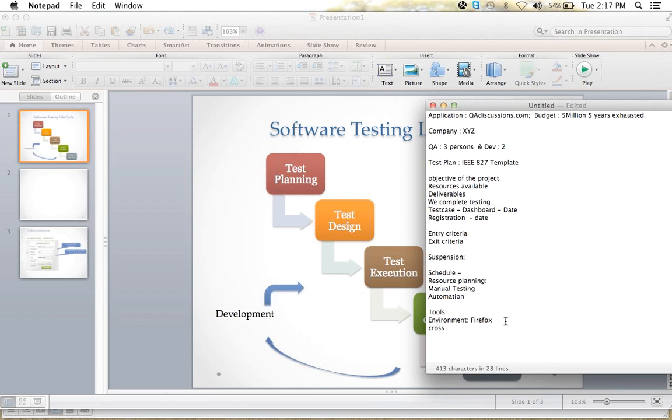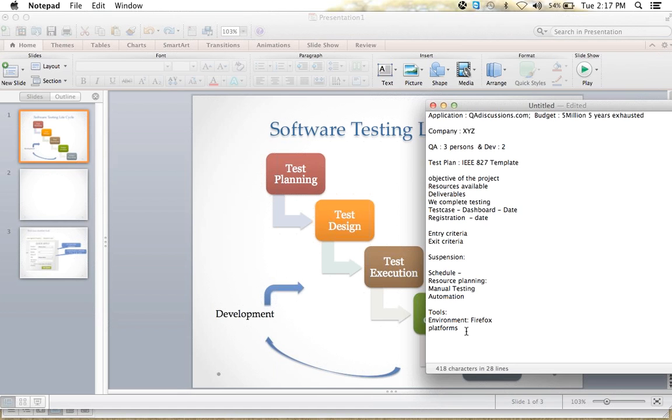So whatever operating system and whatever browser we are using, we will mention all the platforms in the environment field. So each and everything, whatever small thing is involved in the QA process, all the things need to be planned well before. For example, as I said, during the project bidding only, if it is a bank application and a company has already done this bank application, there is a higher probability of the client giving this project to those people, right?